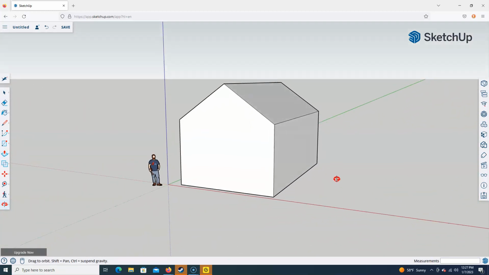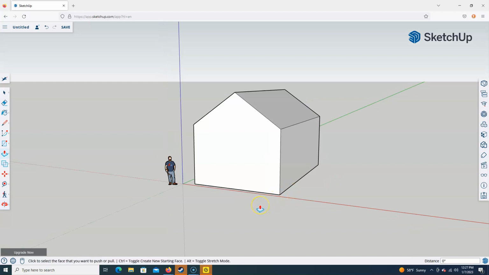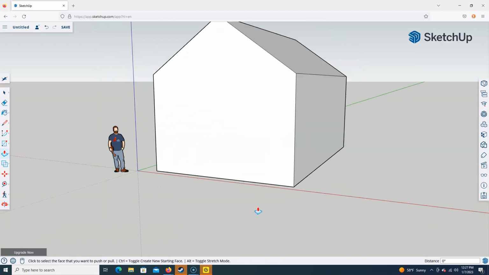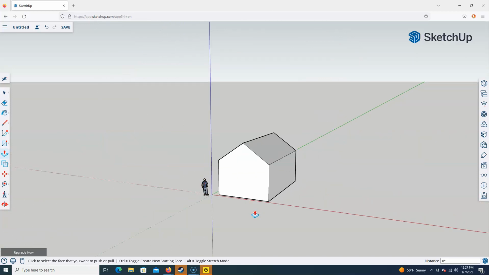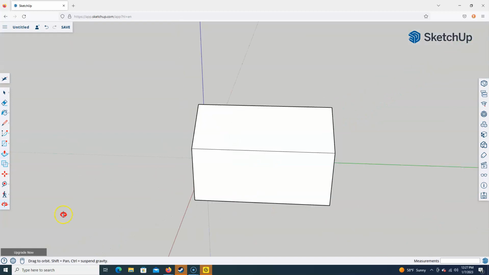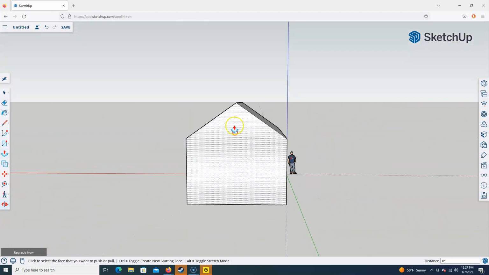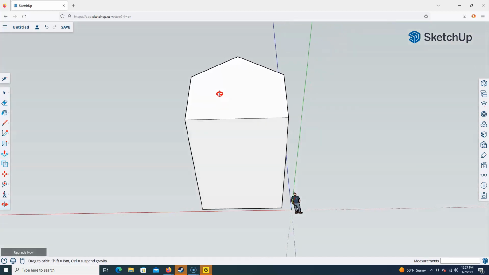If you just push down on the mouse wheel, that automatically brings up the orbit tool. If you roll the mouse wheel away from you and towards you, it zooms in and out. Okay, so now that we've got that explained, I'm going to go ahead and rotate under this, and that leaves